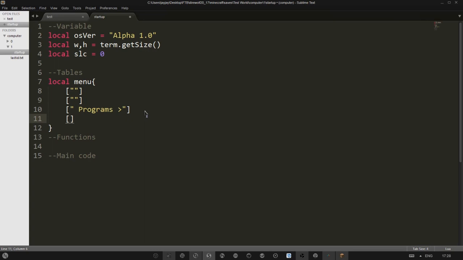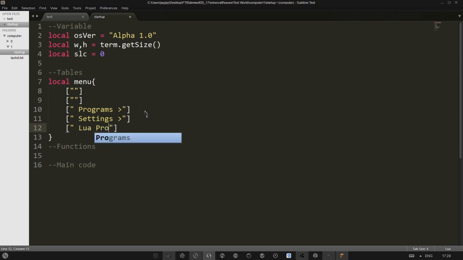So after these, I'm going to put settings, we'll just go for Lua prompt, and finally we'll close it with quit,